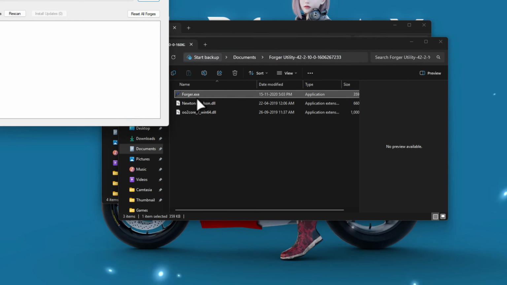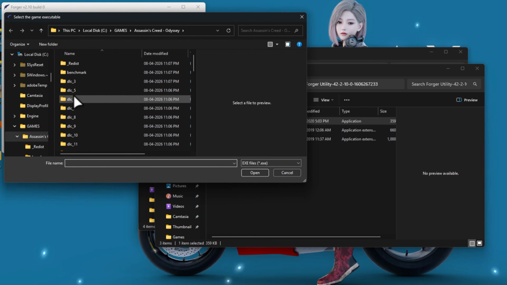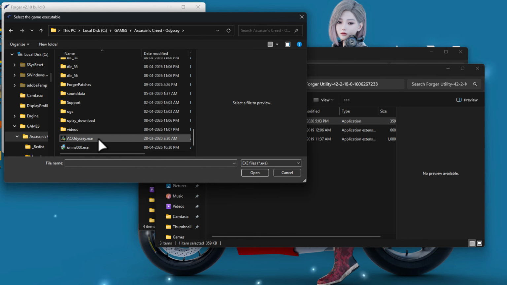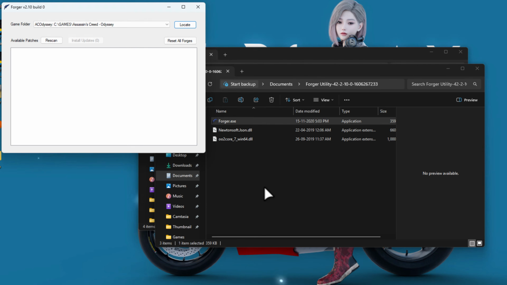Open the Forger.exe. Select the Locate option and navigate to the Game folder. Select the Game.exe and select Open option. Once you've done this,